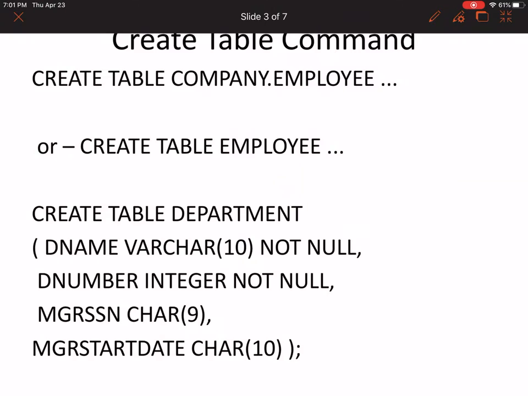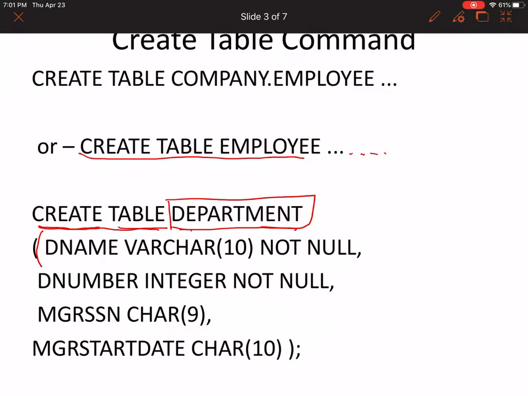Now let's get back to the create table command. Create table name. Create table has to be written as it is. The table name can differ depending on what table you are trying to create. In the top example, it is not completed; it was just a mention that the employee table is being created. So it might be create table employee, create table department, create table dependent. So many tables we have seen, whichever table is being created. Then within the brackets, the column names are mentioned, column names as in the attributes.